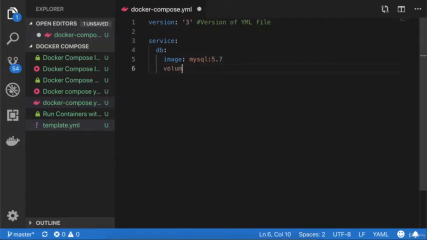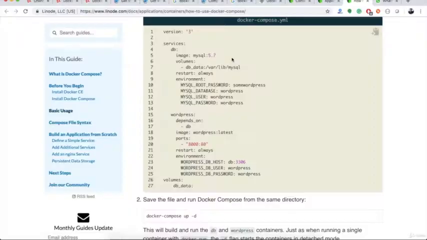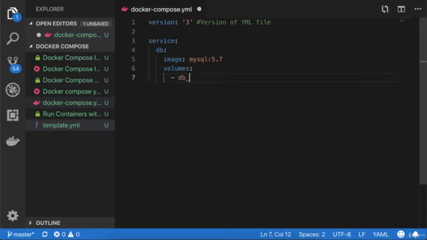After this, I will define the volumes for the MySQL image, which could be defined like a dash and then your volume name. I will name it db_data colon /var/lib/mysql. We have already discussed the MySQL volumes in the volumes lectures. Now I will define another parameter, restart, and I will keep the value always. First, I'm basically preparing this Docker YAML file, and I will explain the use of each and every line which I have mentioned over here.